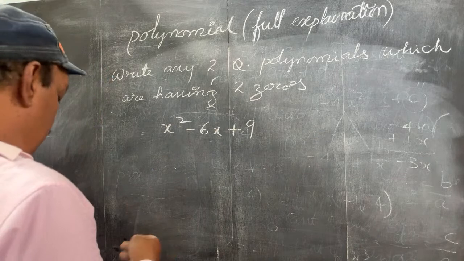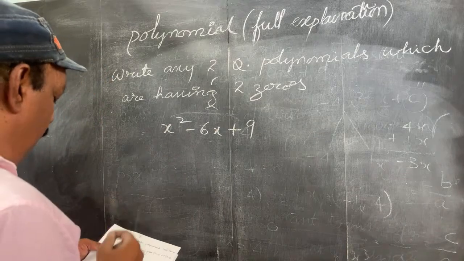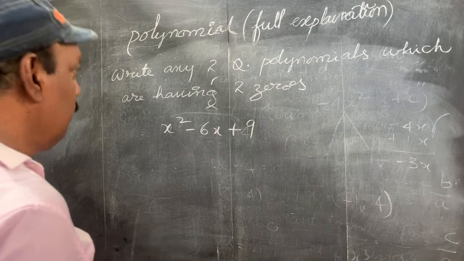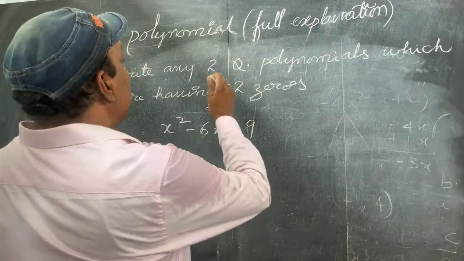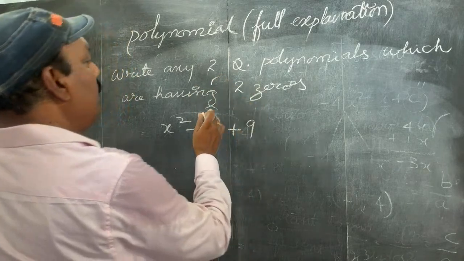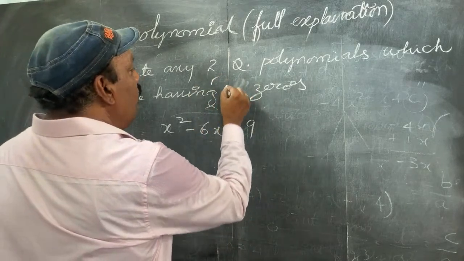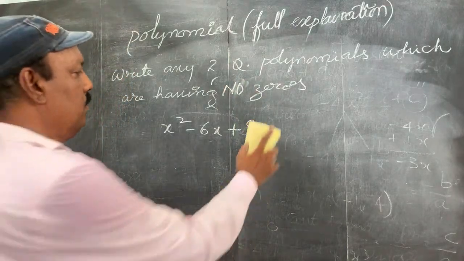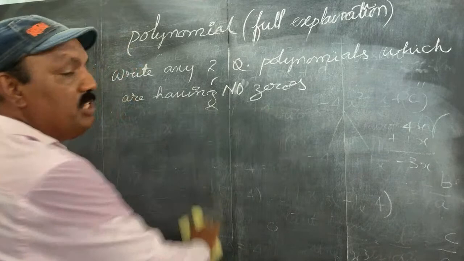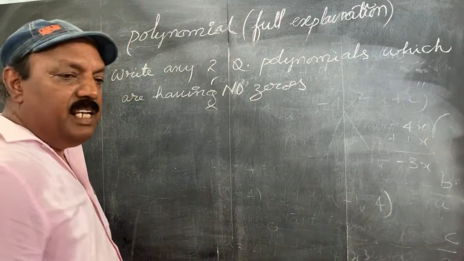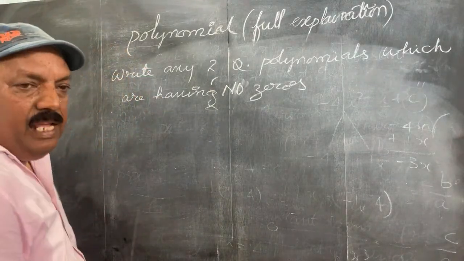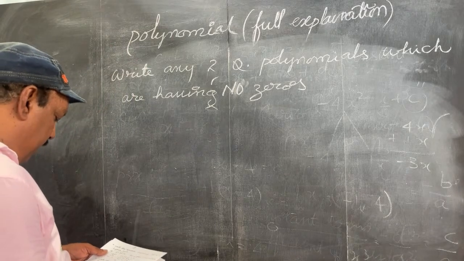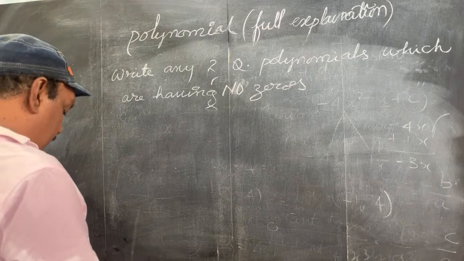Now I will go for the quadratic polynomial which has no zeros. Actually, a quadratic polynomial compulsorily has two zeros, but here the quadratic polynomial has no zeros. Which quadratic polynomial? This is very interesting because these are not there in the exercise. These are there as difficult sum problems, which have no zero. I am giving here